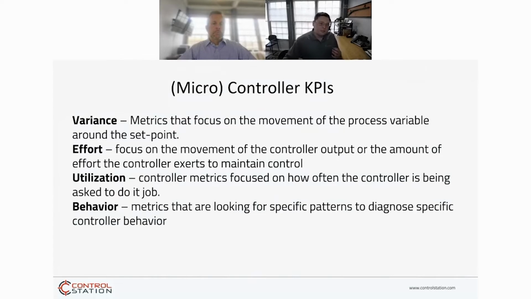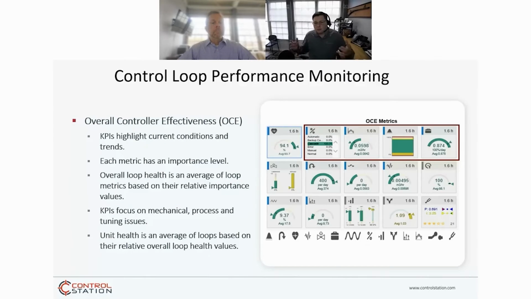Because once you have these individual micro KPIs, you can start to expand them, right? You can take those micro KPIs and start to combine them into more macro values. So you're not looking at one specific thing, you're looking at the characteristic of a control loop as a whole. And there's a couple of different ways to do that. The one I'm going to talk about quickly in this talk is what we'll call the overall controller effectiveness,